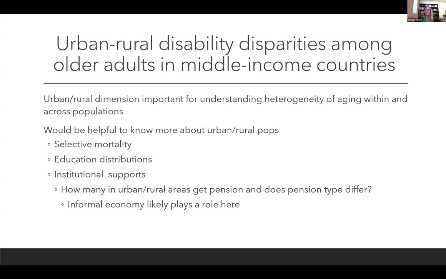And then I think something that sort of goes along with that is thinking about the idea of the informal economy. So I think when you're in an urban area, you have a greater chance maybe of being in a more formalized working role. And that means that your time might count towards the pension, unless one of these countries' pensions is just super guaranteed because you reach a certain age, although I don't think that's true in any of these countries.